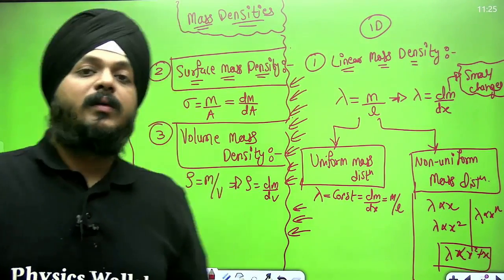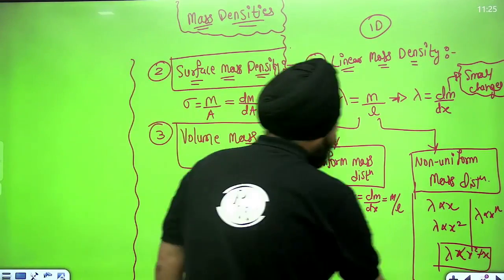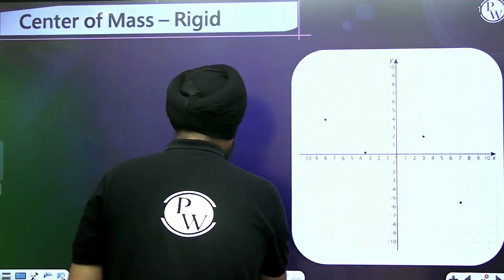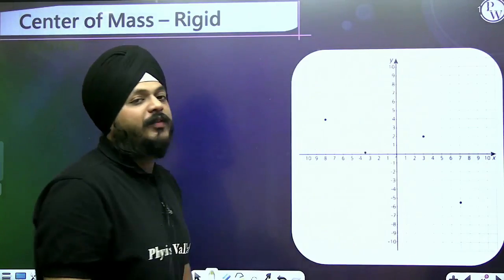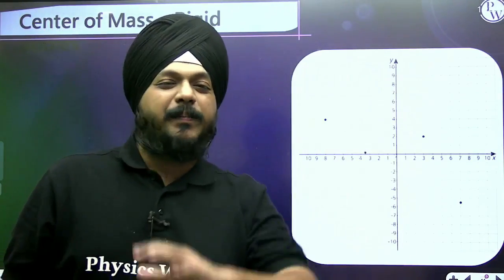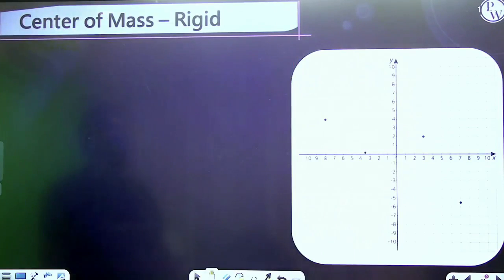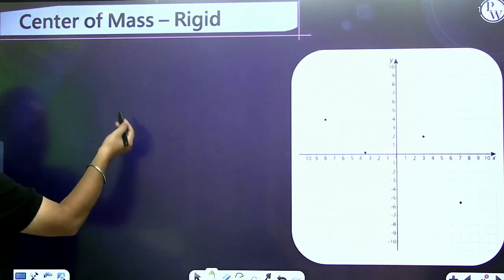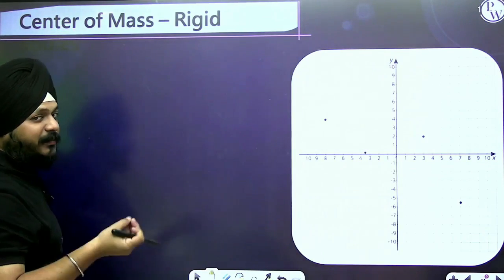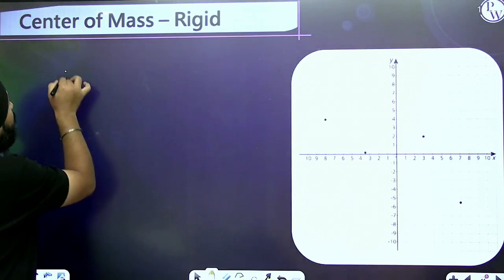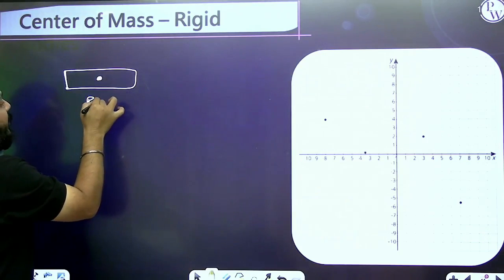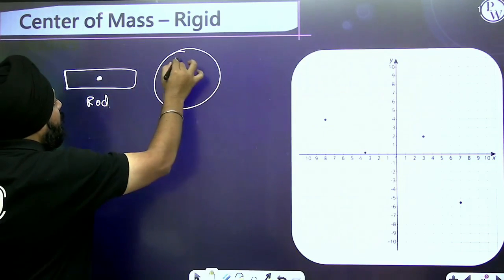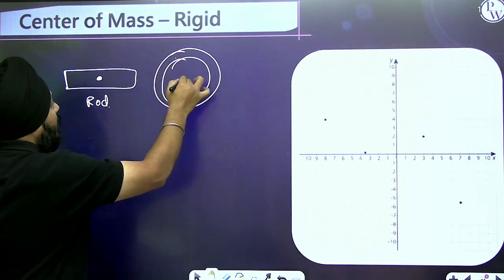Okay, so now let's move on to the center of mass for the rigid bodies. First of all, I'm going to give you all the examples of rigid bodies, and then we are going to discuss that part in detail. What are the rigid or continuous bodies? They can be 1D, 2D or 3D. The rod is a rigid body. The ring,